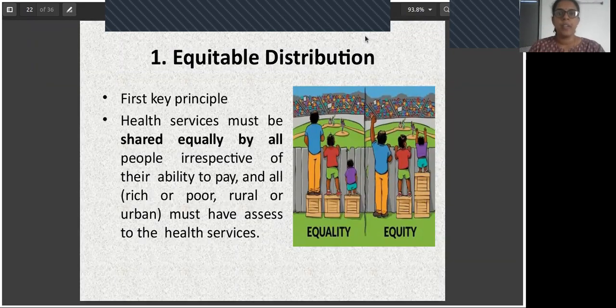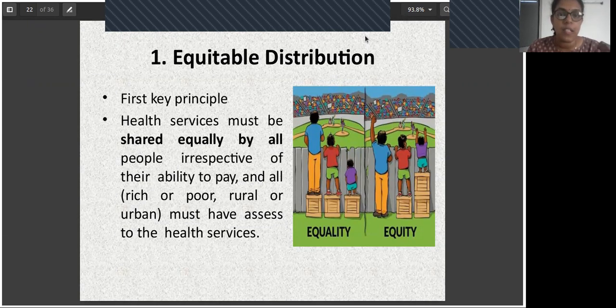Good morning, everyone. The topic for today's lecture is the various principles of primary healthcare. In the last few classes, we have seen how primary healthcare as a concept evolved and what its various characteristics are. We also learned it is placing people's health in people's hands. It is actually based on 5 important principles. Which are the 5 important principles?